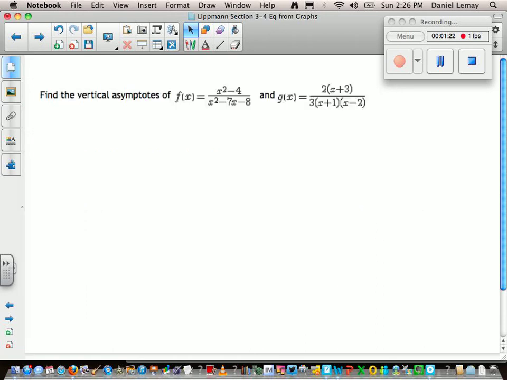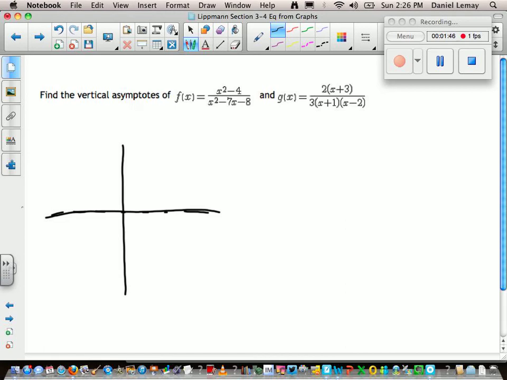So I've got these two rational functions. The g of x is a little bit easier just because it's already factored. Let's talk about the first function, f of x. When I'm looking for vertical asymptotes, that's places where x isn't included in the domain. And what happens there is, you can have something like a dotted line. You don't have to draw the dotted line, but that's a place where the function will approach, but it'll never quite reach. And a horizontal asymptote is also a place where a function will approach and not quite